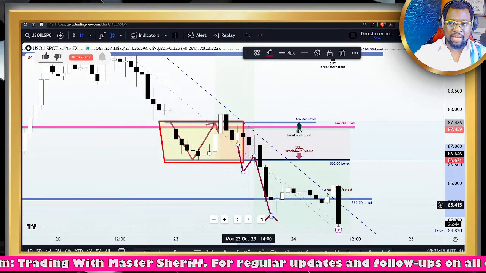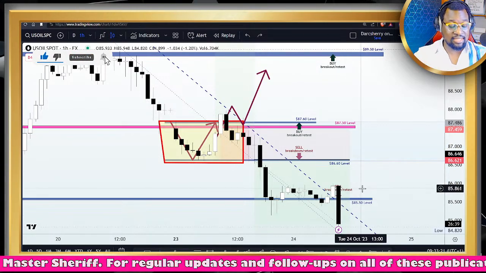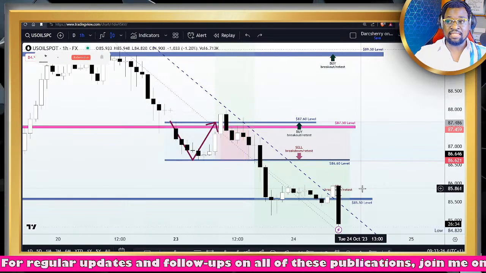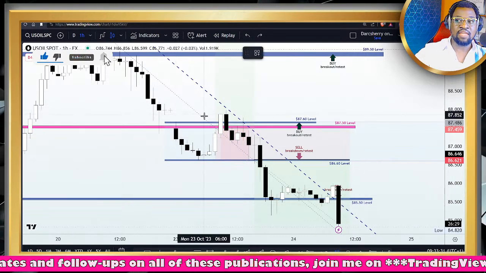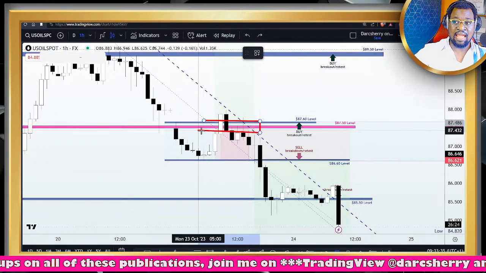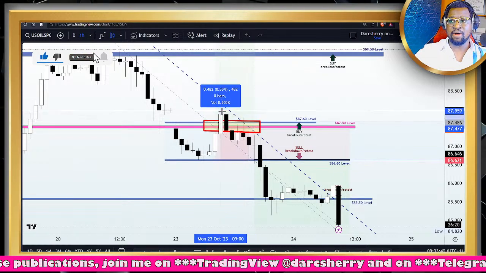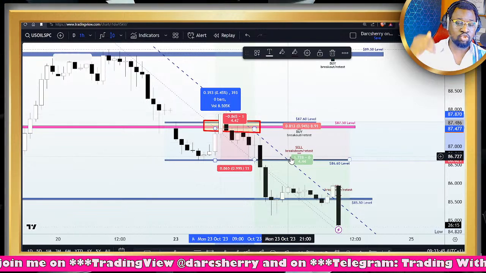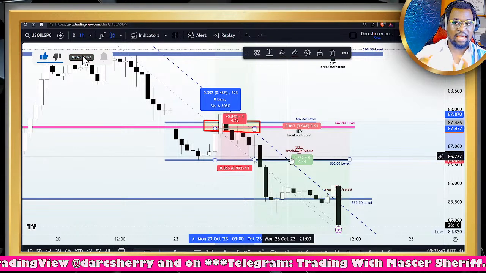And with that scenario in mind, and considering the fact that price action has been bullish in the last couple of weeks, considering the geopolitical tension going on in the Middle East, we were looking forward to buying opportunities at the breakout of the $87.50 area. And of course, we had the buy position triggered here, and price action moved about, how many pips was that? Moved about I think 40 pips thereabout before the sellers came in to push price further to the downside, taking us out of our position in a loss.